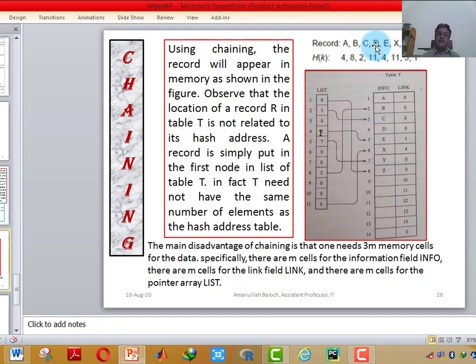Next record is D. The hash address of D is 11. We have stored D at location 4 in this table, because it was the 4th record. At the 4th location we have stored it, and its index 4 is stored at hash address 11.